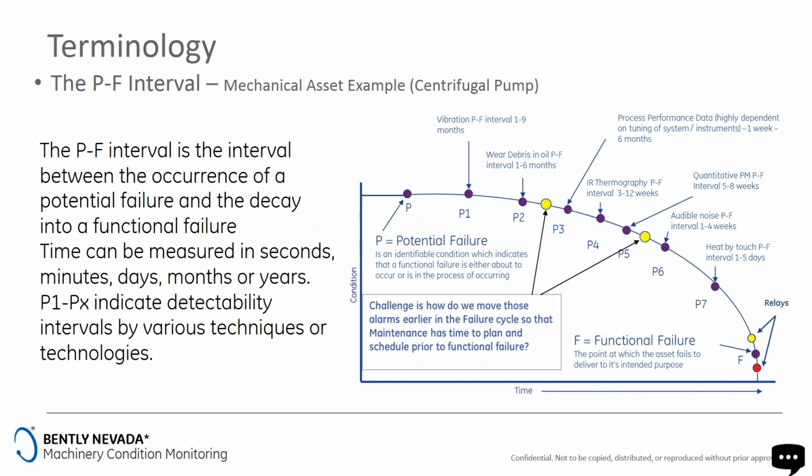And I mentioned the P-F curve here. The P is potential failure detection, and the F is functional failure. The x-axis is the time. The time can be in seconds, minutes, days, months, years. And then these are the condition monitoring technologies that could potentially help you detect a problem before it gets to